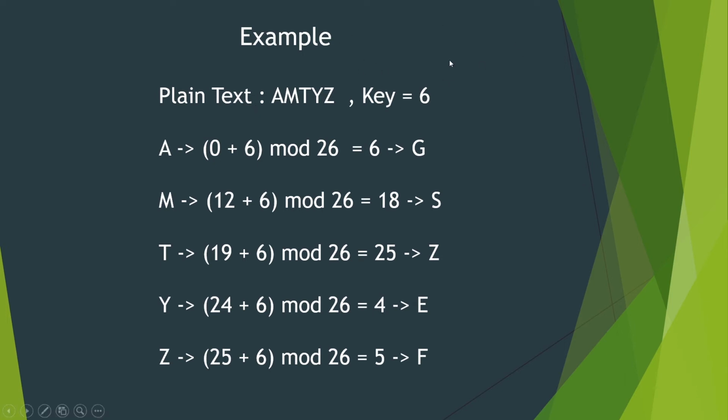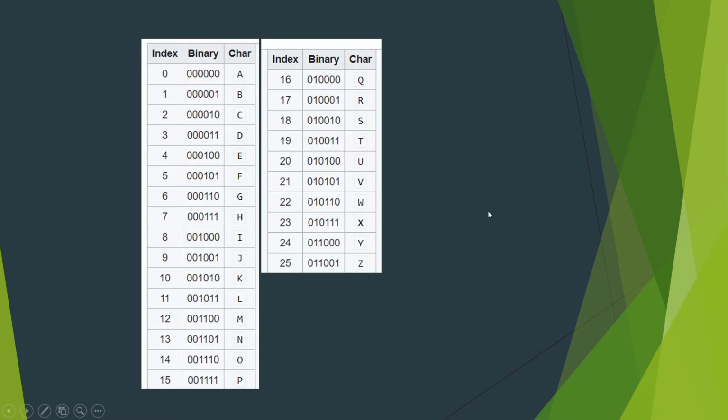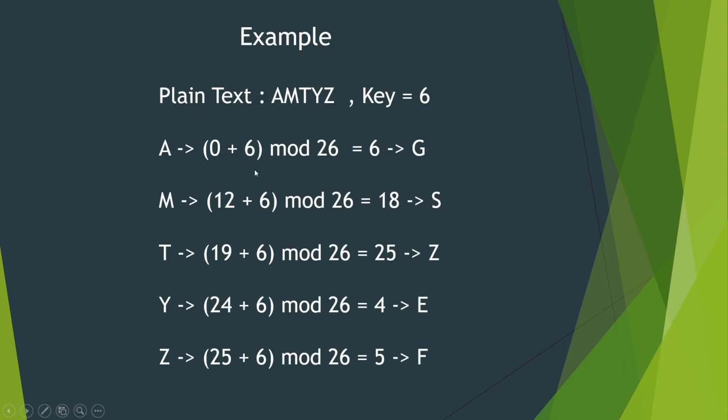The weakness lies in the keys. Even if you put infinity, modulo 26 gives only 25 possibilities, right? So you can just apply every key to this plain text, and you can generate 25 different sets of ciphertext. In those 25 different sets, one set will be meaningful, because our plain text will be meaningful. I took this just as an example to show you the starting letters, middle letters, and ending letters. So in reality, the plain text will be meaningful.